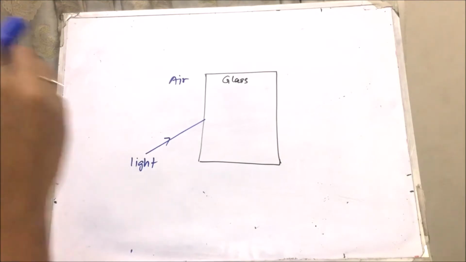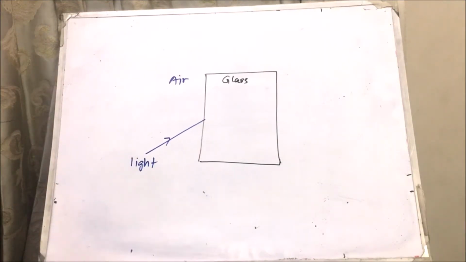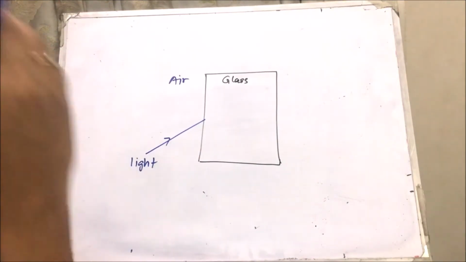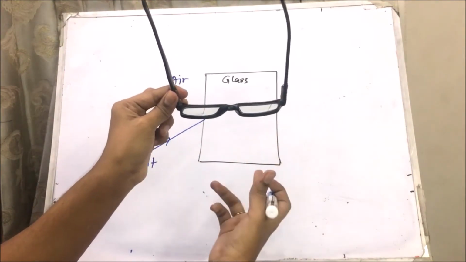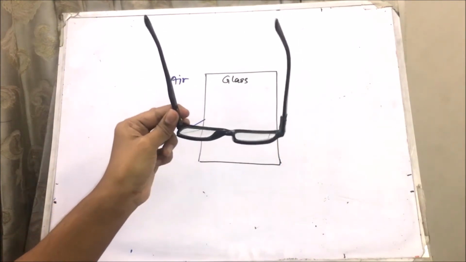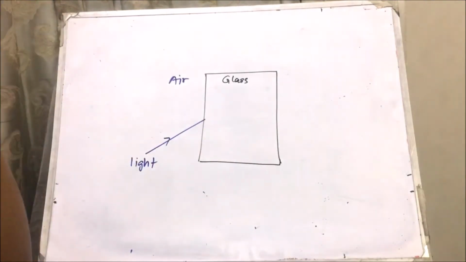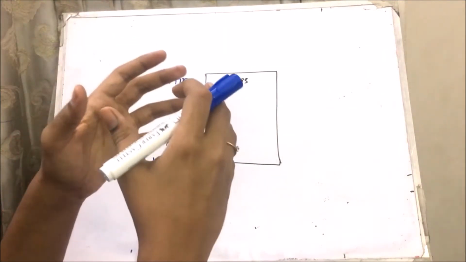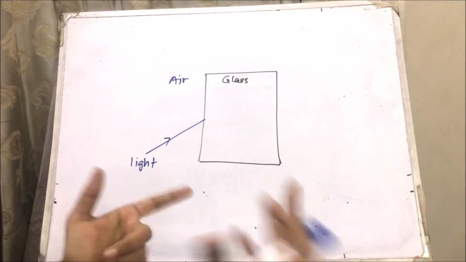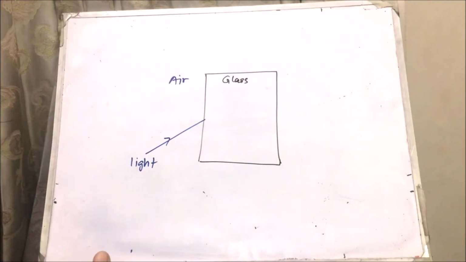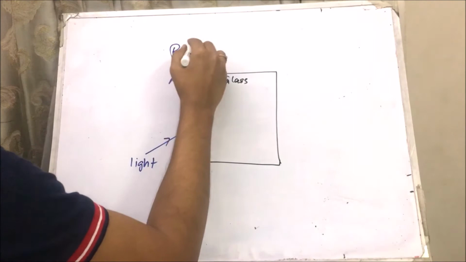Now we will see something that is less common than watching your reflection in a mirror. If you see through your glasses tilted like this, then you can see that the picture on the other side of your glasses becomes a bit distorted. Even if you don't have spectacles, if you watch through a ceramic glass, then you can see that the picture on the other side of the glass becomes distorted. This distortion happens because light bends when it travels through glass. This bending is what we call refraction.